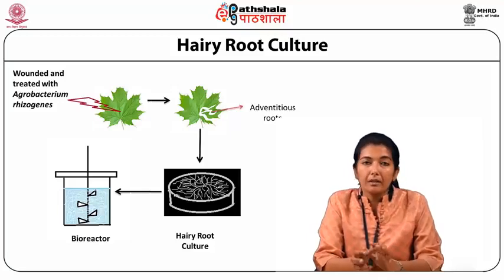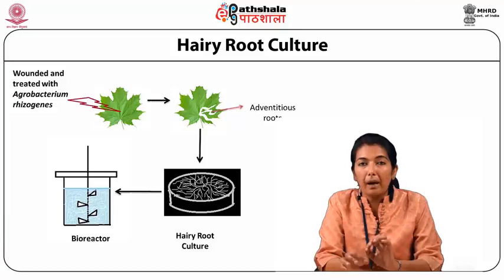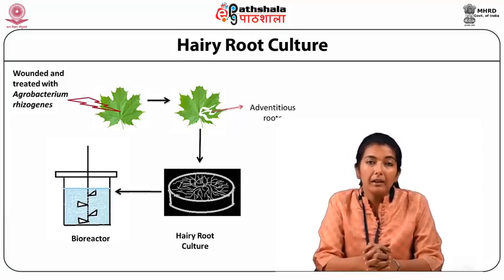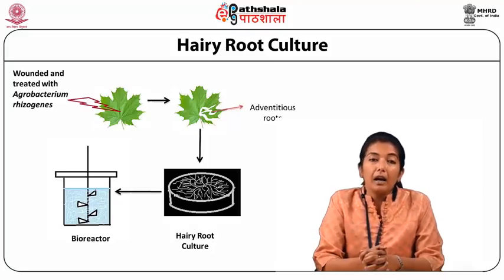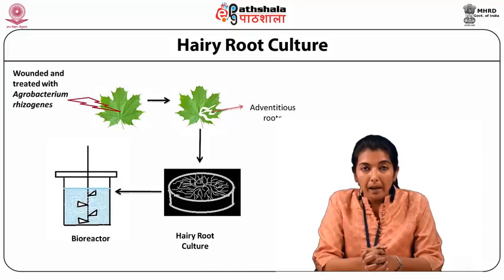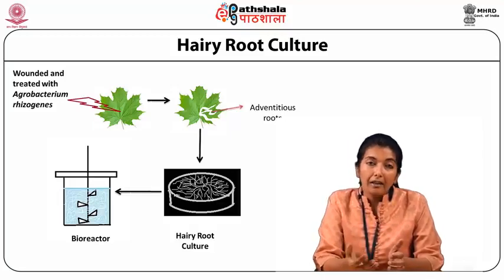The nutrients, the culture condition, the physical parameters, they're all controlled so that there is an optimal production of whatever we are intending to, whether it is biomass production or secondary metabolite production. So we are going to culture our hairy roots in the bioreactor and allow it to grow for some time, and once the biomass has reached a certain stage, we are then going to change the medium to a rate limiting medium so that it acts as a stress, and the root tissue starts producing the desired